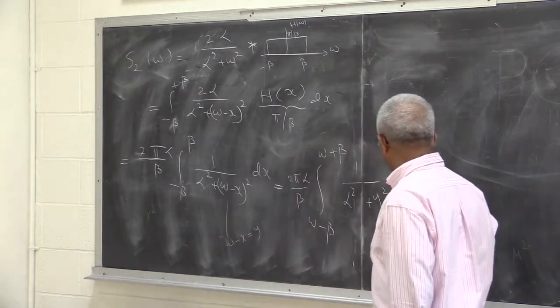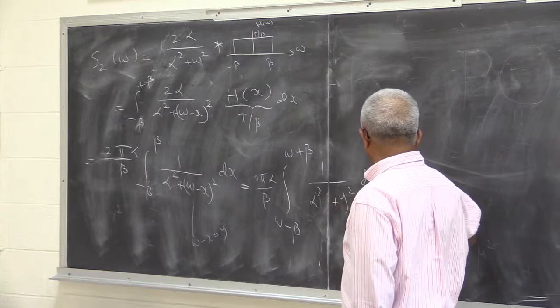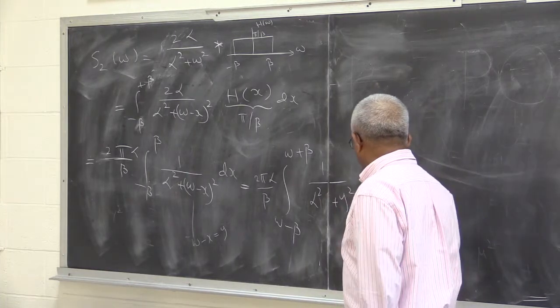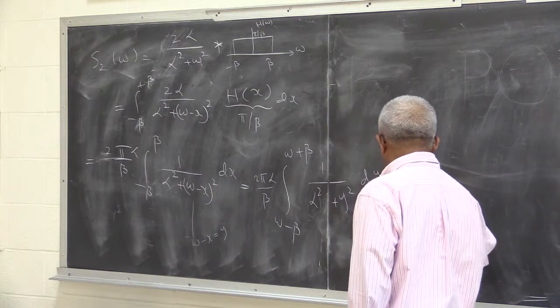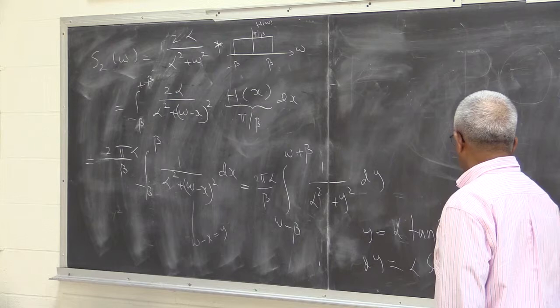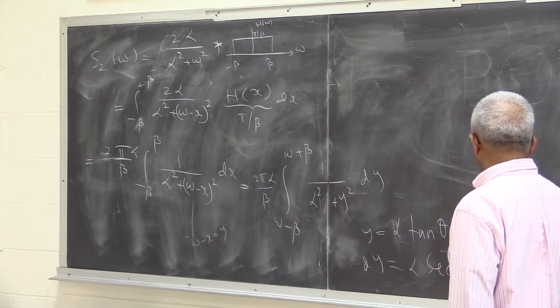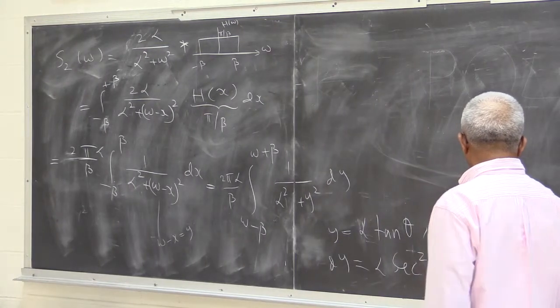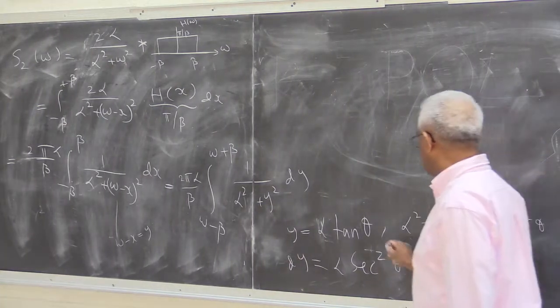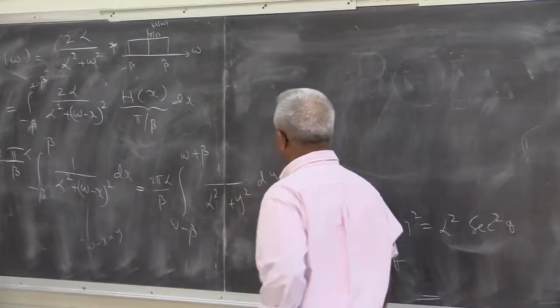This is a standard substitution. You substitute y equal to alpha tan theta. Then dy is alpha sec squared theta d theta. And alpha squared plus y squared is alpha squared sec squared theta also, right? So this cancels with this. So this integral now becomes